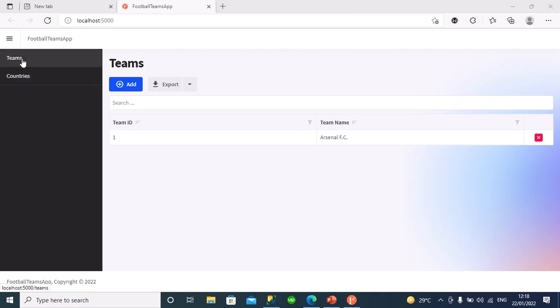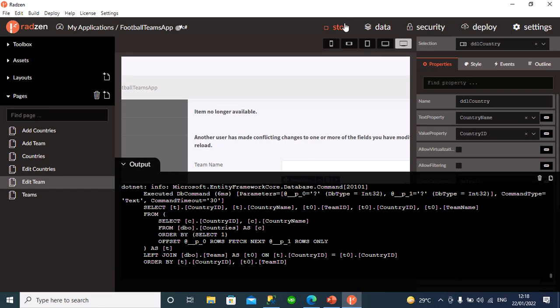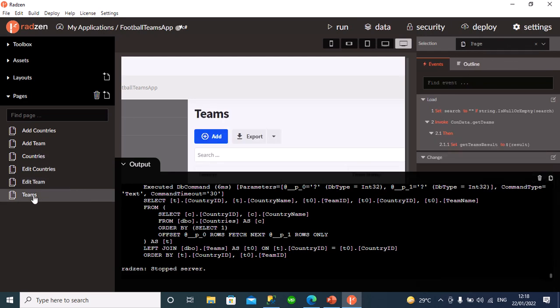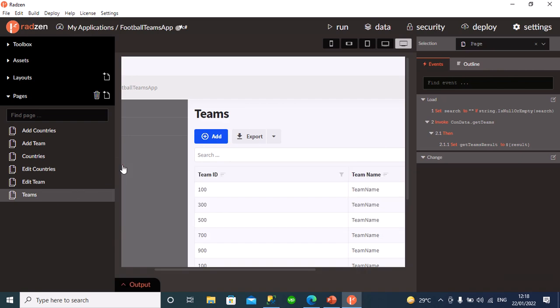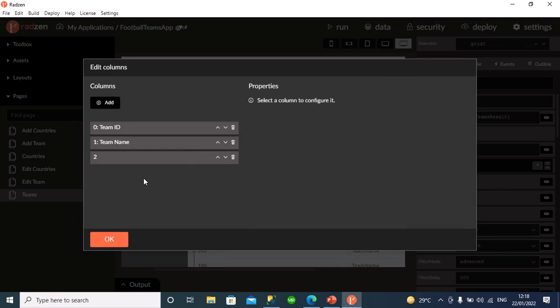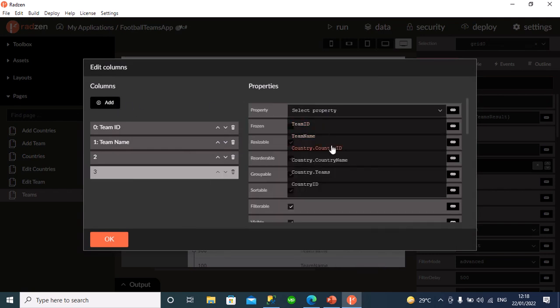Now this is Teams grid, this is country's grid. Oh, I forgot to do something. I'll stop the app. I go to Teams. I'm going to update the grid. So I click on Add. This time around I want